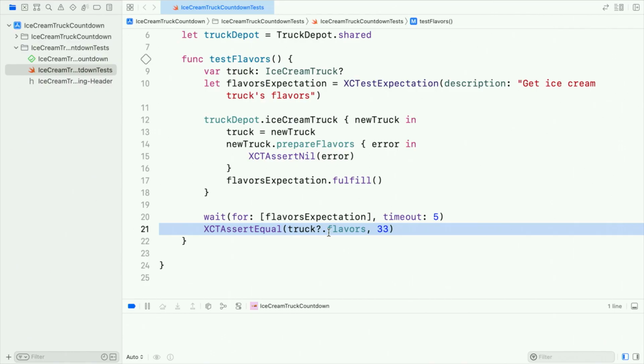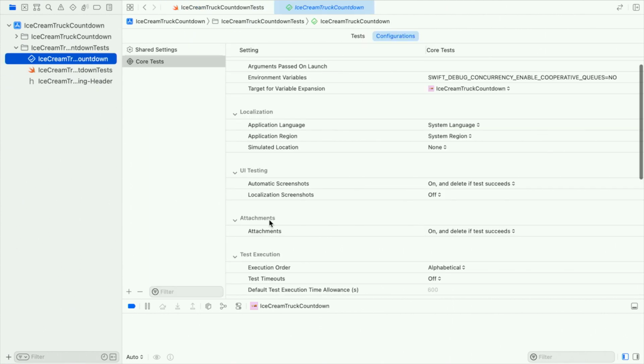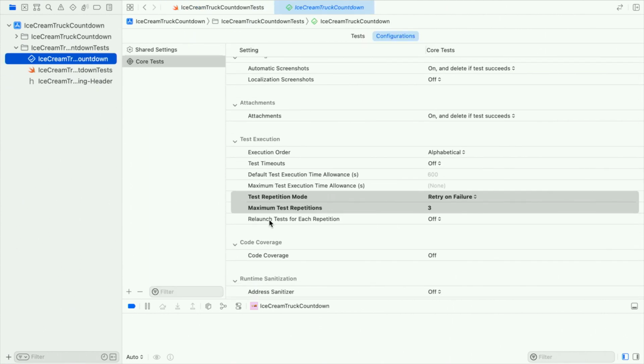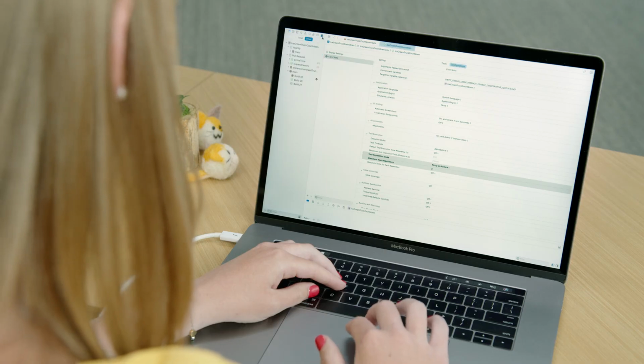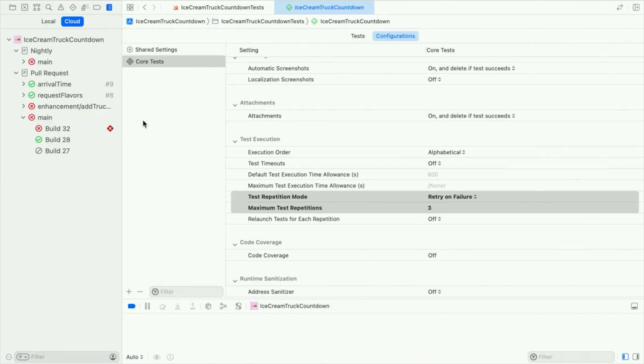Recently, I've noticed Test Flavors sometimes fails on the main branch in Xcode Cloud. To gather more information, I temporarily configured my test plan, enabling test repetition mode to retry on failure. Let's take a look at the Report Navigator and check our cloud reports. My tests are inconsistently failing, so let's check this last one for more information.